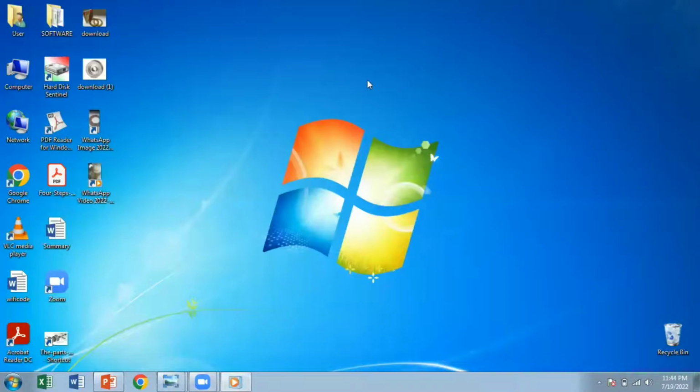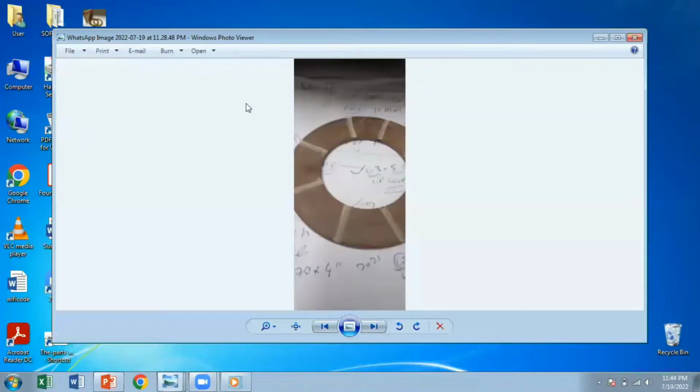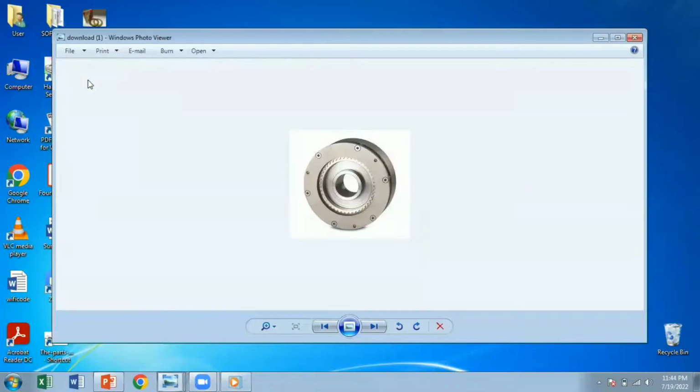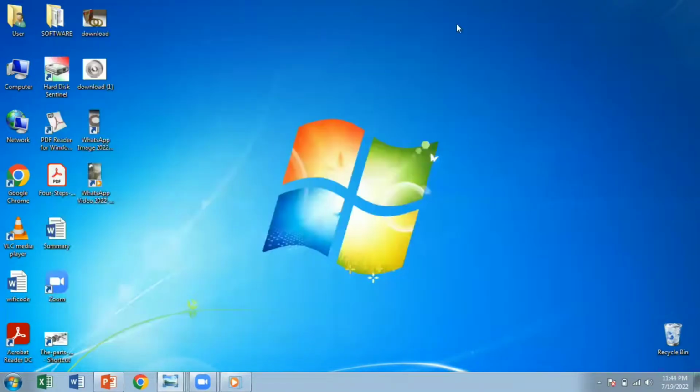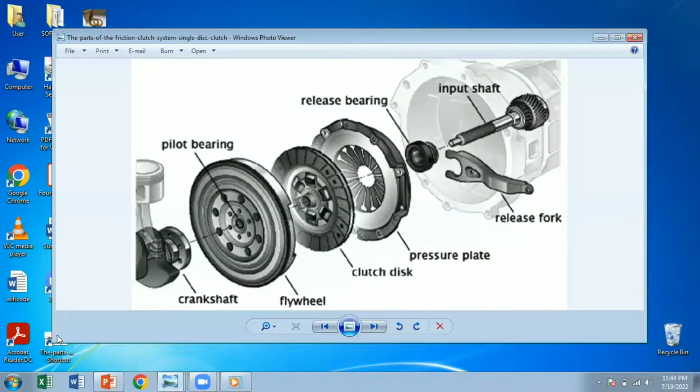Let me show you some clutch systems. We'll talk about it a little later. There is a clutch plate that we use in a machine, and this is the system in which the LG boards are there, and the full clutch has been assembled with those LG boards. But what do we study about that clutch